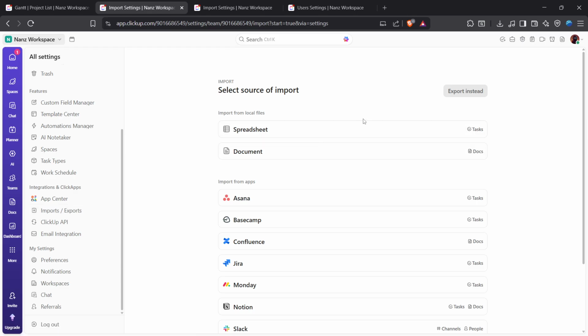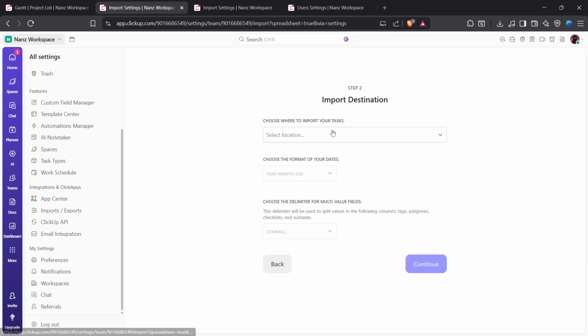Next, choose your import source. For a spreadsheet, select the Excel option. Now decide exactly where you want your tasks to land. Pick the space, then the folder, and finally the specific list that should receive the imported items. If you're organizing new work, choose an existing list that matches your spreadsheet, or create a dedicated list in advance